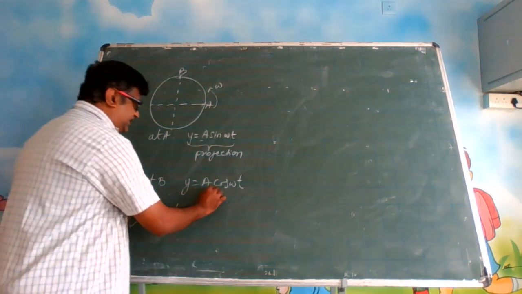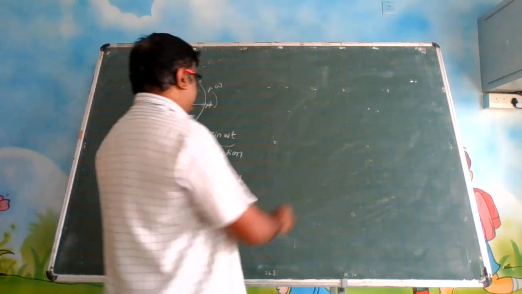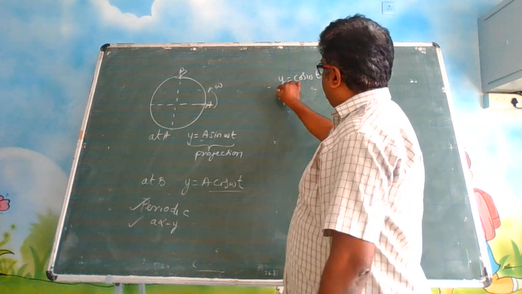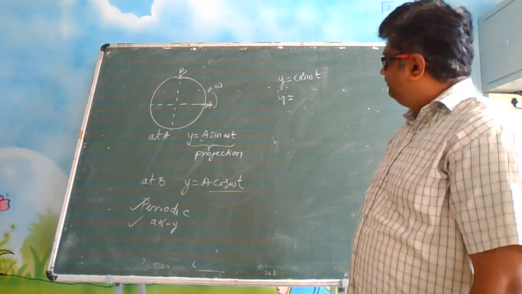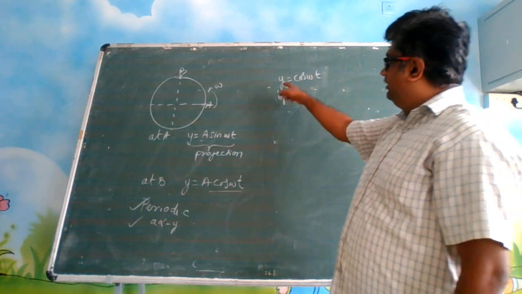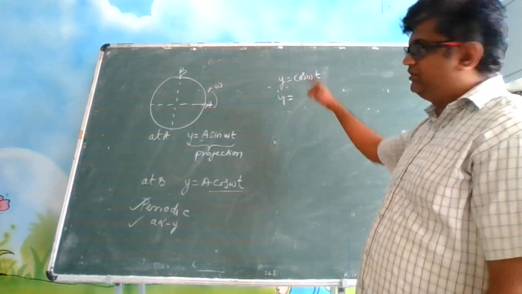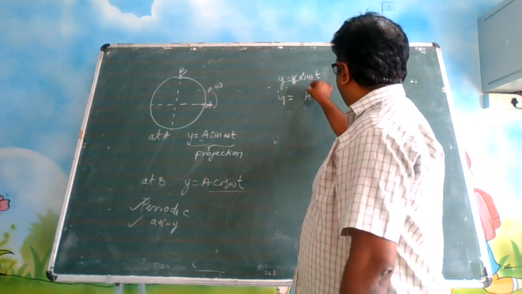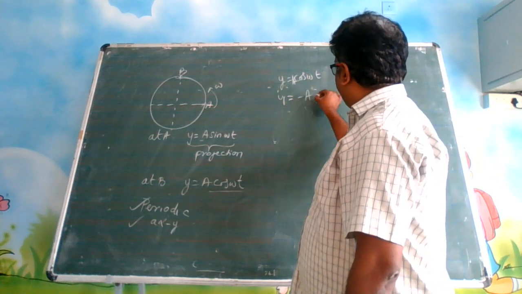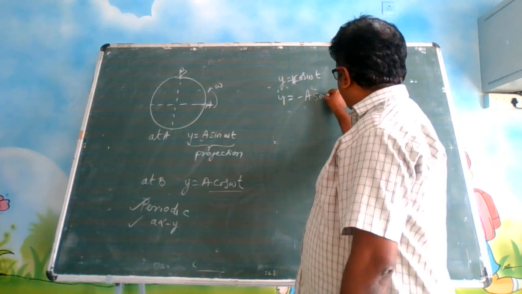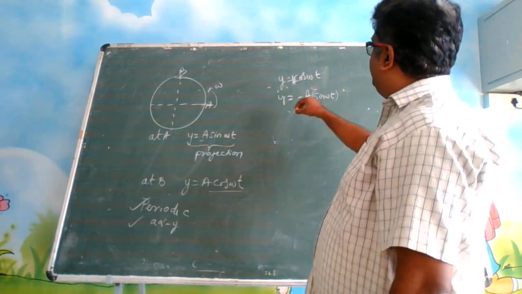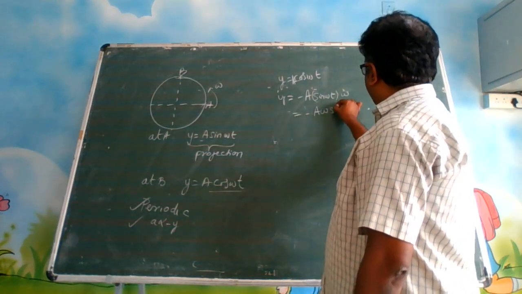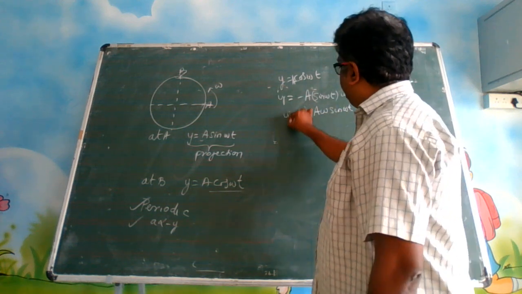So even if you take this kind of a function, if you take y is equal to a cos omega t, what is y dot? Differentiating y with respect to time, you can write it as y dot. Okay, this is another way of writing. So what are you going to get? Here there is an a. You are going to get minus sine omega t into d by dt of omega t, it is omega. So it is minus a omega sine omega t. This is your y dot.